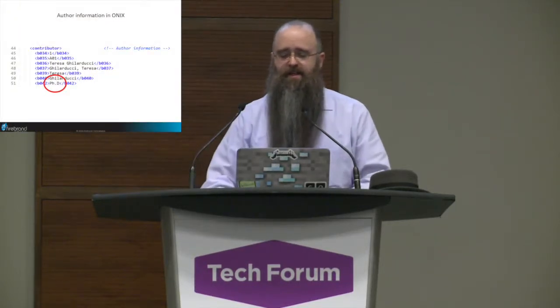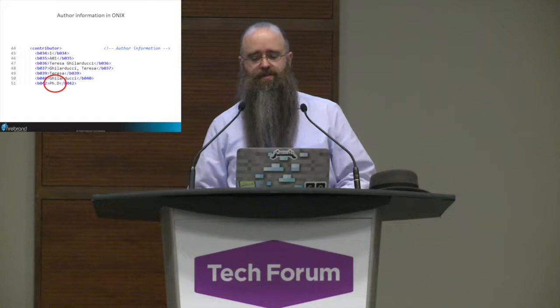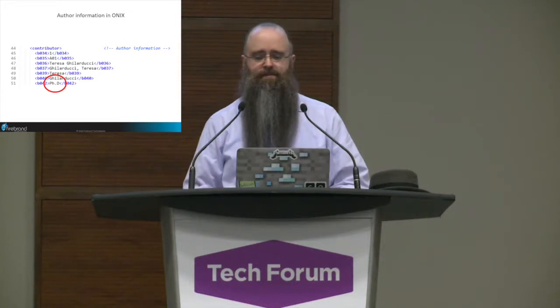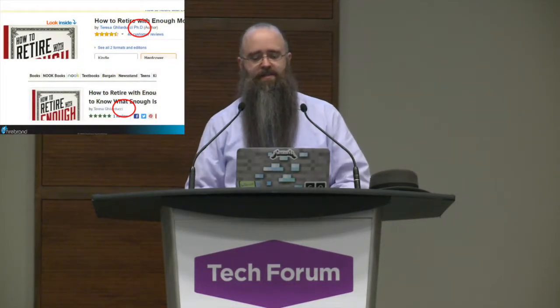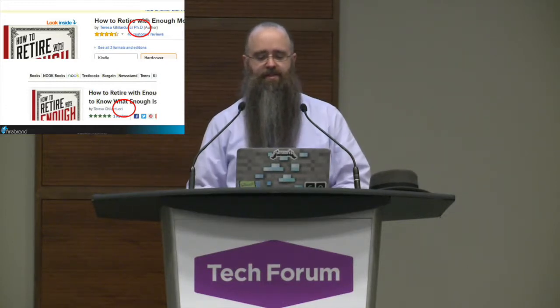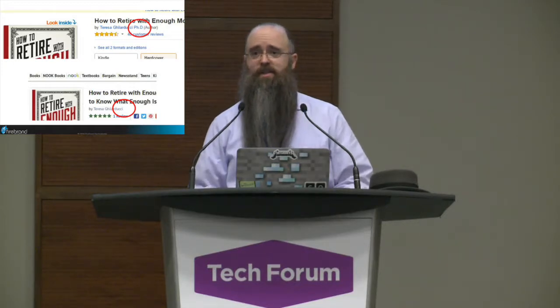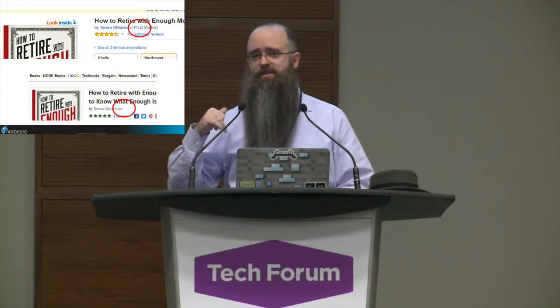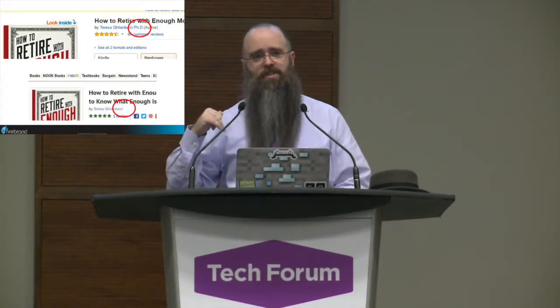Now, this is the ONIX record for that specific book that we were just looking at. Note that the ONIX includes the reference to PhD, right? So when we look up this title on Amazon and Barnes & Noble, we find that Amazon includes the suffix PhD, but Barnes & Noble and Indigo actually do not. They don't include it. Now, this is important because this is actually key to the functionality of their websites.